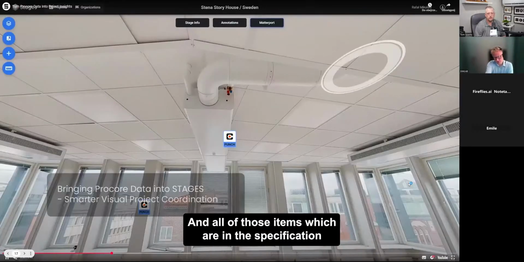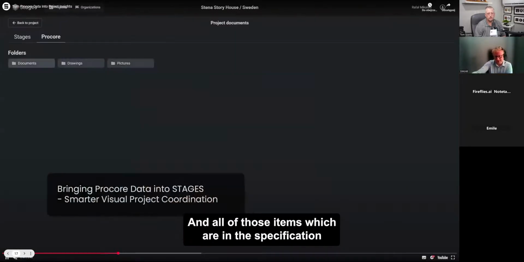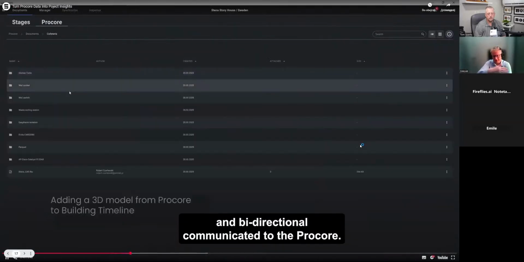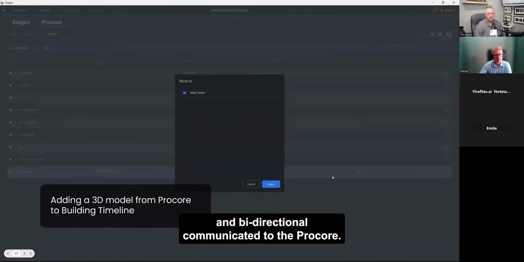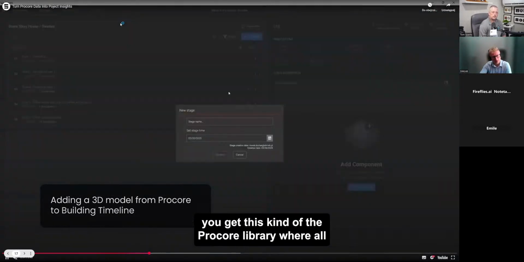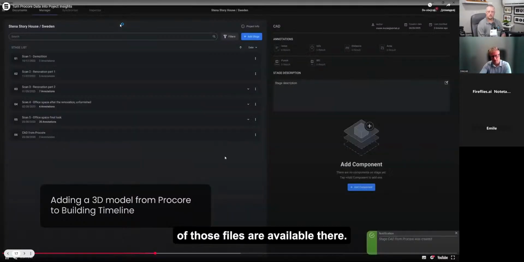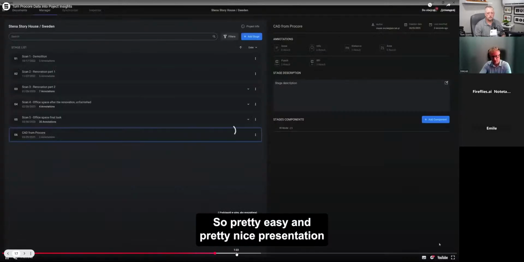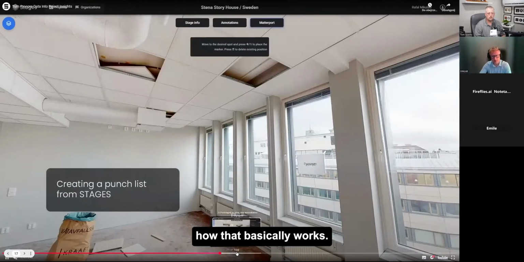And all of those items which are in the specification of that node are sourced and bidirectionally communicated to Procore. So in Stages, you get this kind of Procore library where all of those files are available. Pretty easy and a pretty nice presentation of how that basically works.